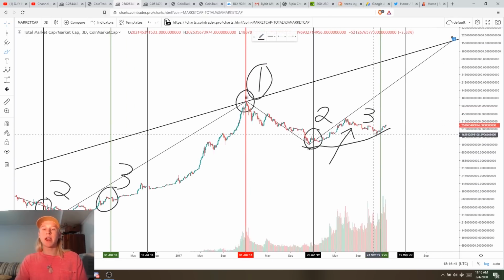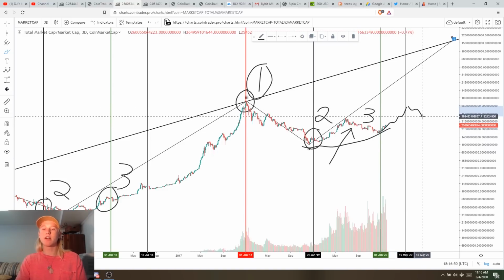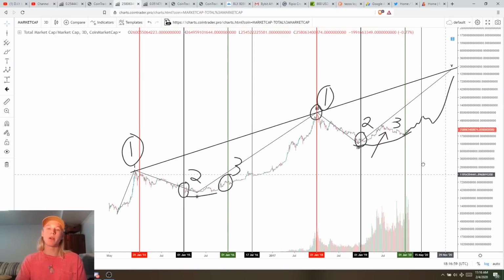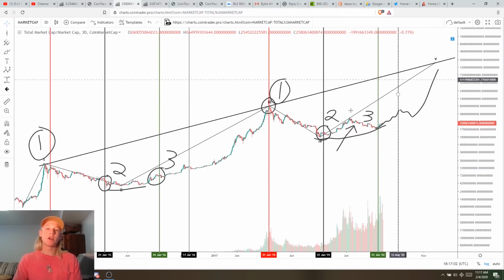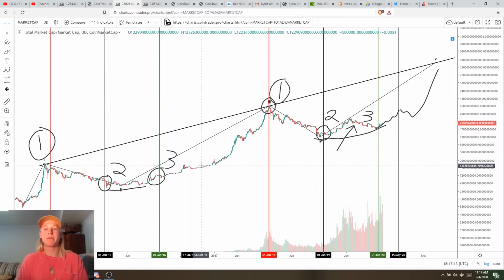And so what I think is going to happen is we'll continue on in this uptrend. And then who knows how slow and parabolic it'll get. But I think that after the halving, we could experience a short-term sell-off. Maybe we continue to keep going parabolic. Now, I don't know exactly how it's going to play out, but then after the halving is where the market goes really parabolic. And so we should see something along the lines of this, whether we break out of the all-time high or at least hit the all-time high in the next impulse that we're about to see and then sell off right after the halving. I don't know how it's going to work, but that would be kind of my guess and strategy.